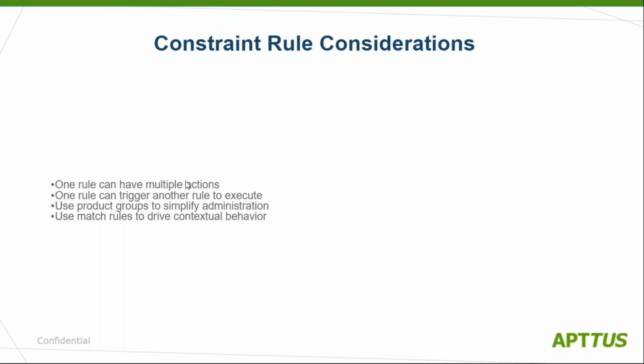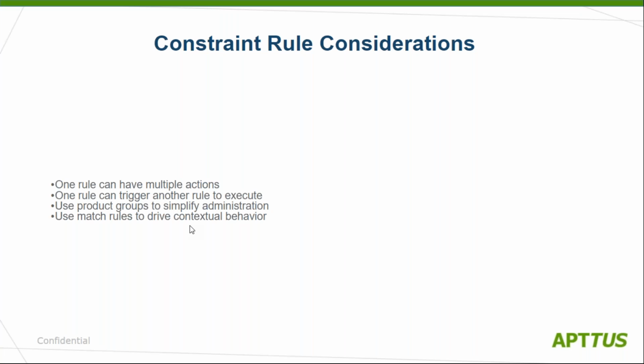Okay, so that is one example where one rule can trigger another rule. Then use product groups to simplify administration. We can use product groups based on whatever we want. Rather than adding one product at a time, we can add multiple products by using product groups. Then match rules to drive contextual behavior. The match rules that we also discussed, match in primary lines and match in options,